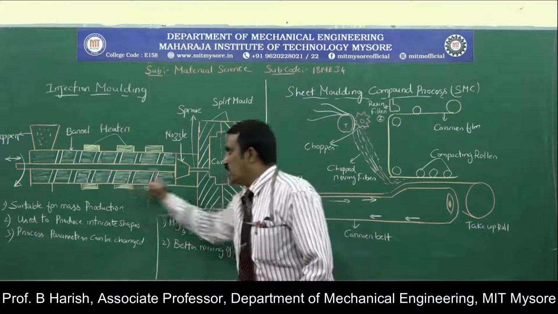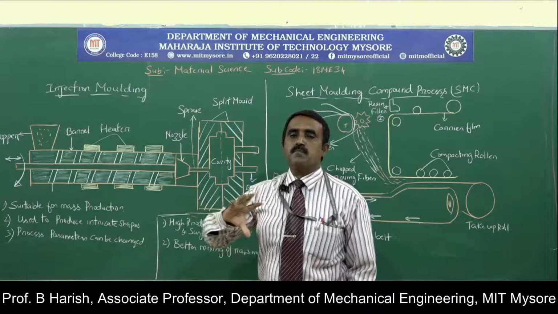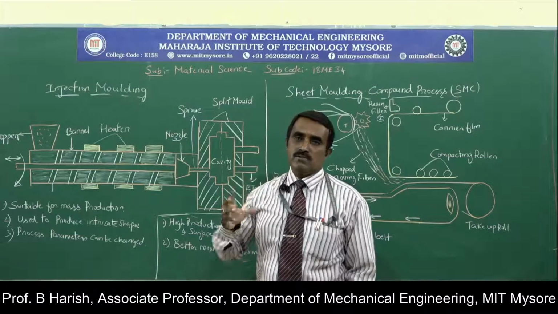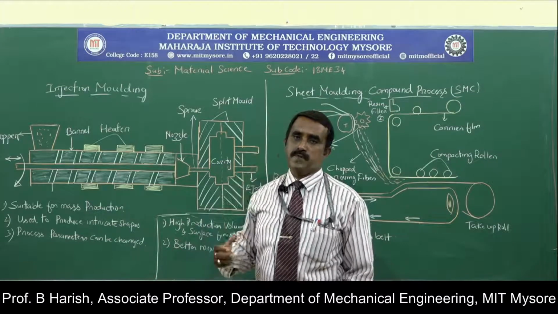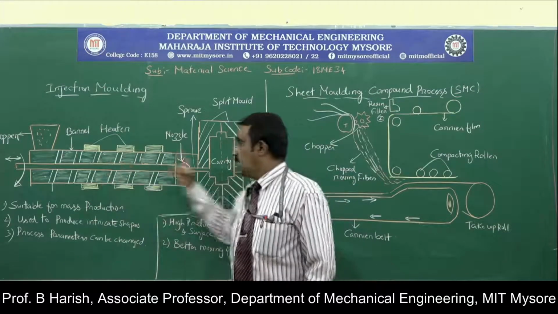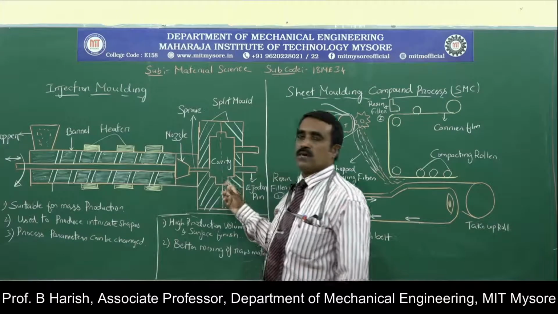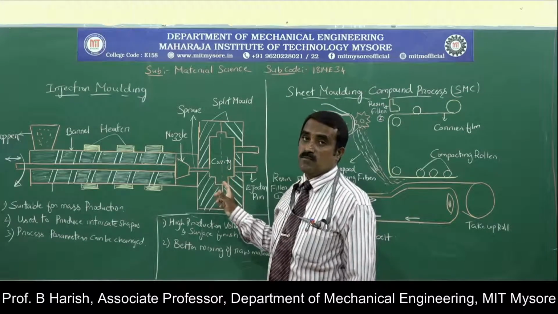So the movement of the piston can be easily controlled. It is done purely manually. Since it is done manually, I can control the rotation speed. Once I control the rotation speed, I can see at what rate the molten metal, that is liquid metal, is entering into the mold cavity.